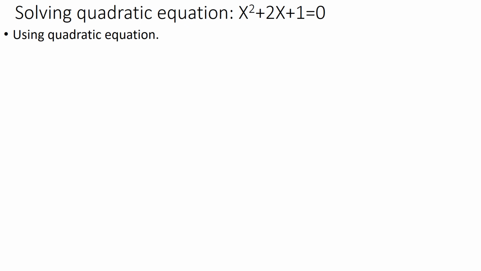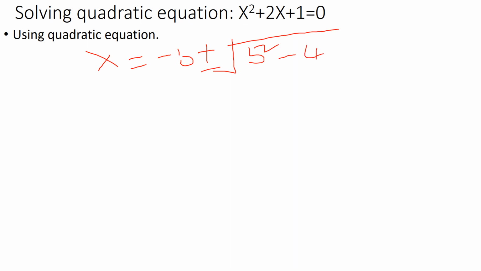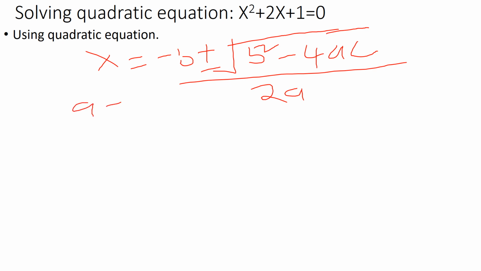We know that the formula to solve the quadratic equation is x equals minus b plus or minus the square root of b squared minus 4ac, divided by 2a. From this, in our formula, we know that our a is equal to the coefficient of x